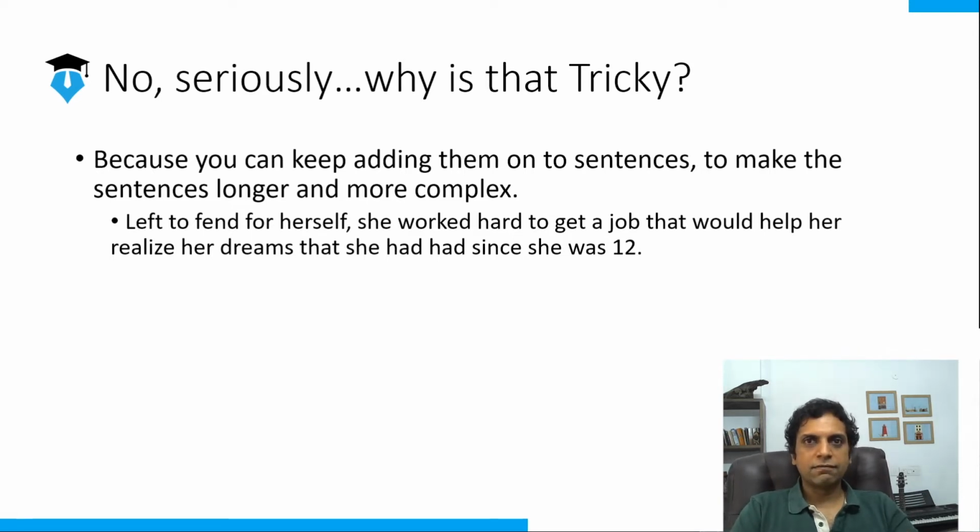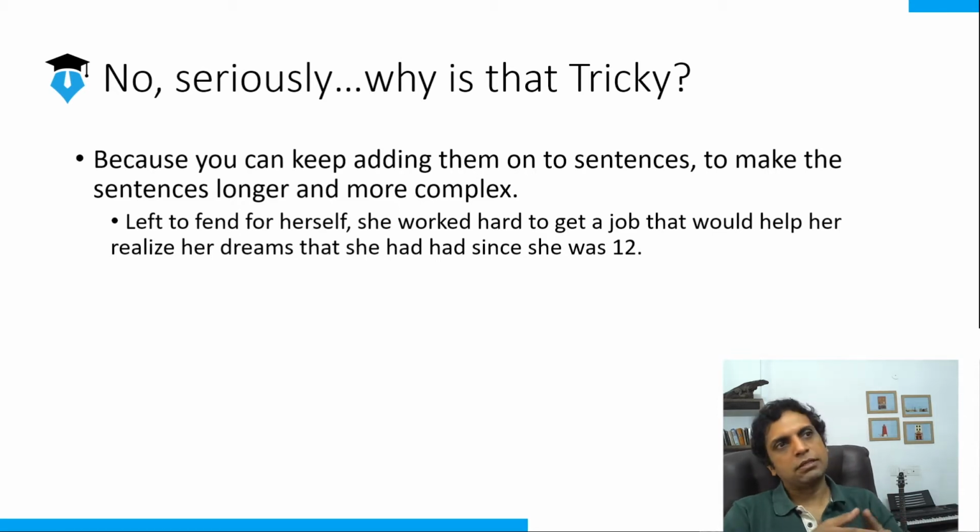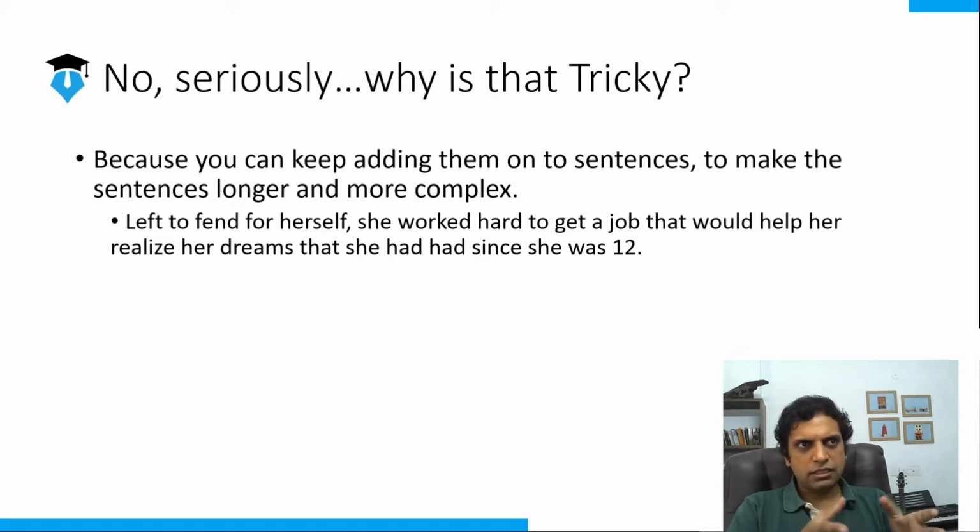But put together, your sentence has become so long that it's unwieldy, that it's actually hard to know what the crux of the sentence actually is now. It's hard to break it down to the subject, verb, object format. And that is what we're doing in this lesson, figuring out how to identify modifiers and how to simplify the sentence. So for example, she worked hard is a sentence. It's a valid sentence. In fact, she worked is a valid sentence.